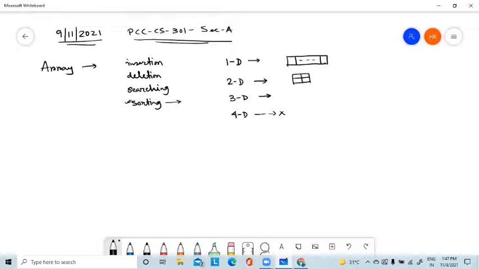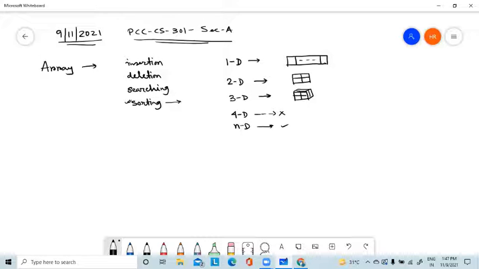And 3D is like a number of pages in a book. One page in a book is a 2D, and a book gives you a 3D structure, a 3D array. These are different pages in the book, each itself 2D. We can visualize up to 3D, but we can allocate memory for 4D, even for n dimensions.